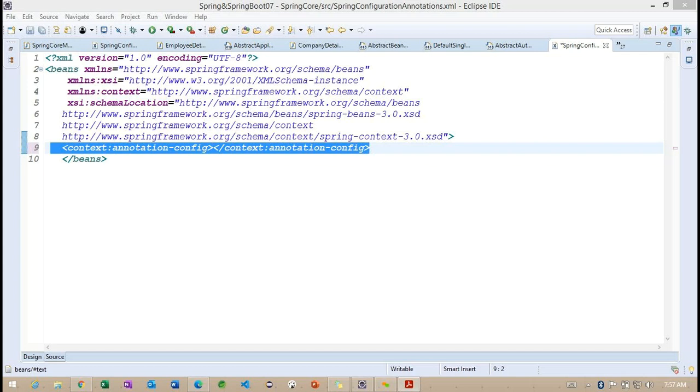We did not see any exceptions whenever we work with this XML configuration. Even if we work with autowiring, we are still increasing the XML configuration, right?